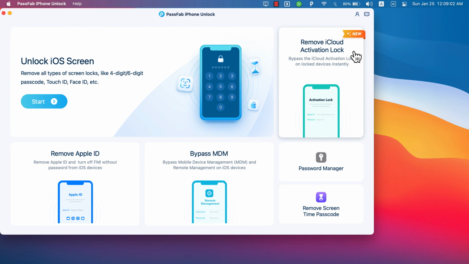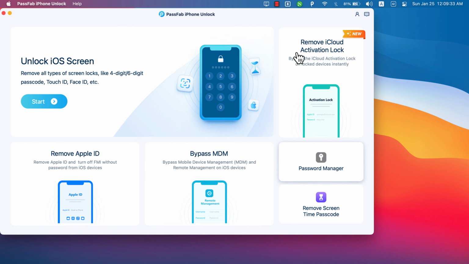using PassFab iPhone Unlocker. PassFab iPhone Unlocker is a powerful tool that helps you remove any iPhone screen lock, bypass Apple ID and iCloud activation lock, unlock iPhones even if you forgot the passcode, and disable Screen Time or MDM without losing data. Whether your iPhone is locked to owner, disabled, second-hand or stuck on the hold screen,